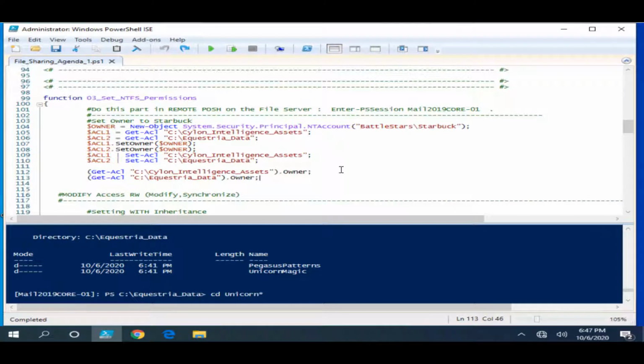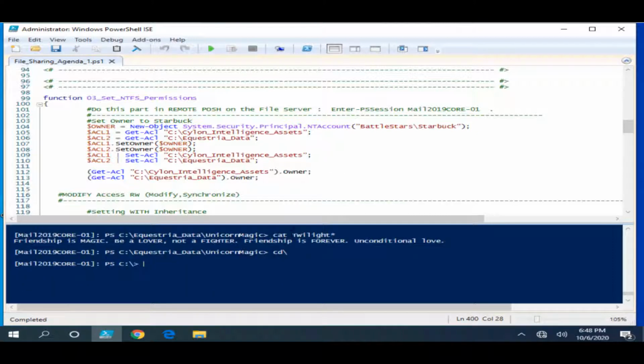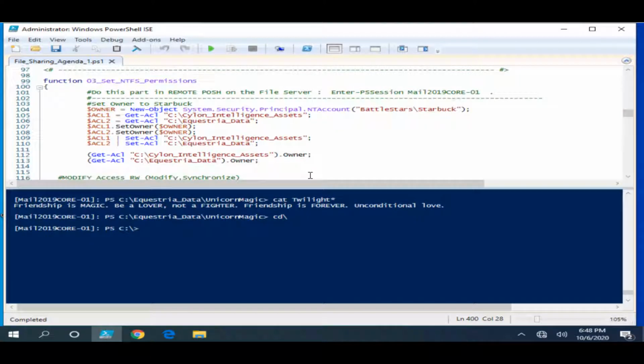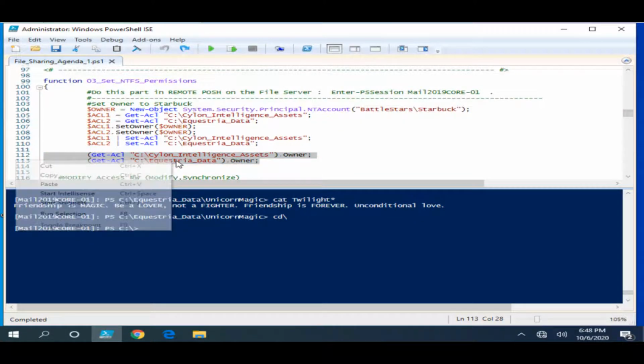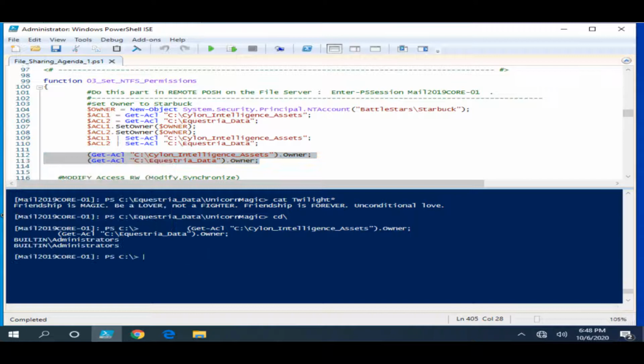Next, we want to set some NTFS permissions, so an ACE on a DACL, and we also want to change ownership. I'm just going to show you by default. I'm just going to run these 2 lines of code, and you can see that the built-in administrators group is by default the owner of any folders that I create. Okay, because I'm logged in as Starbuck, but she's a member of built-in administrators and a domain admin. So the administrators group is the default owner of those assets, in this case of those directories, files, folders that